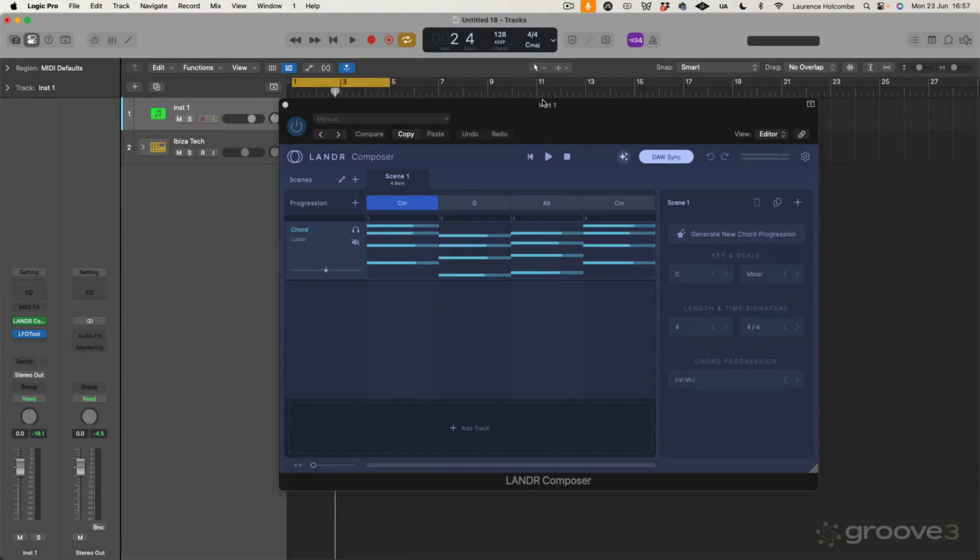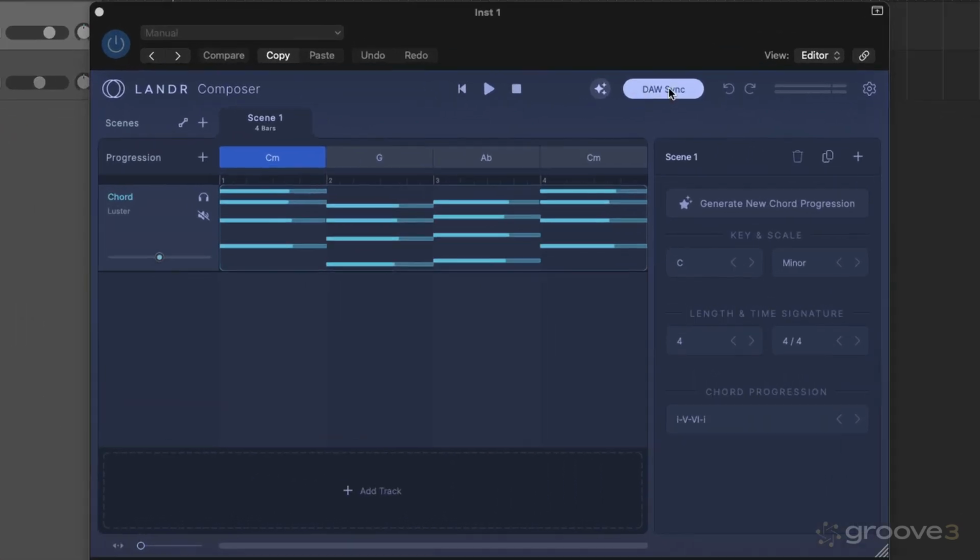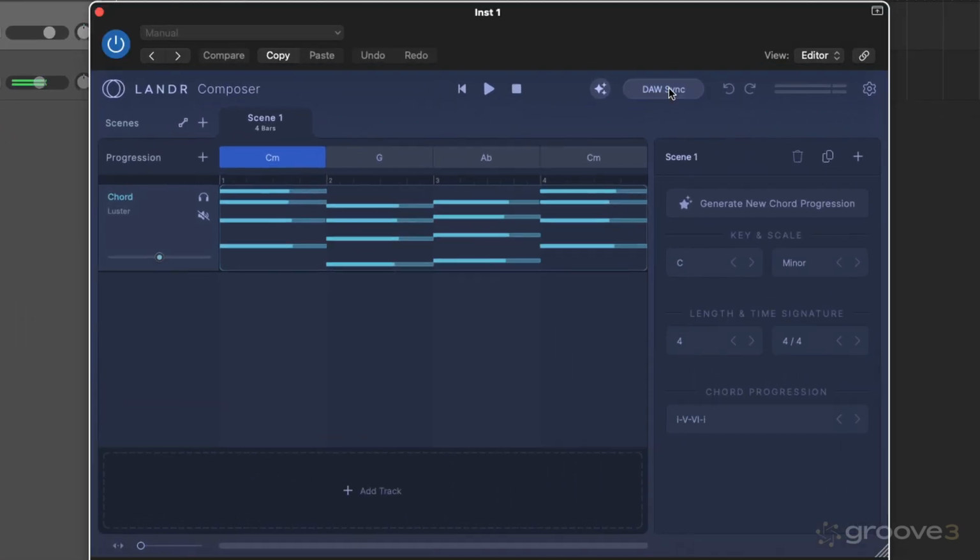We're going to do a final video, which is going to be a wrap up of the workflow of using this plugin. So first of all, remember, if we have DAW sync switched off, the plugin will not be synchronized to the DAW. So transport controls will be controlled internally, like so. If we have that switched on,